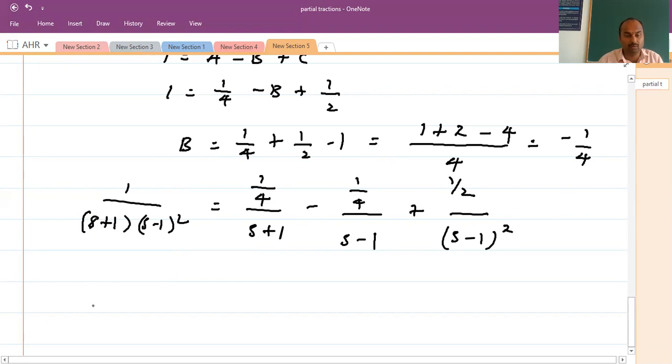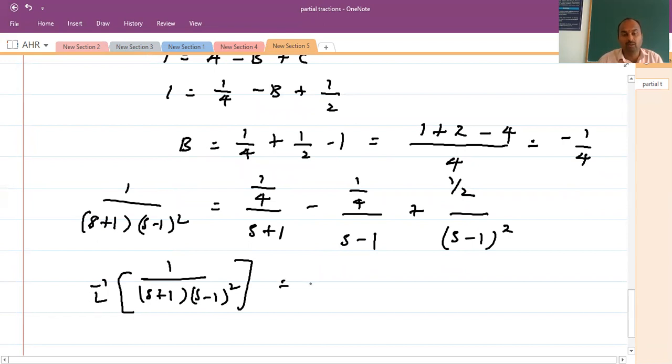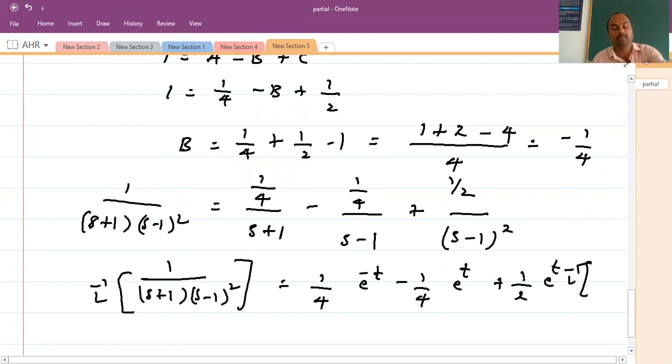So write the inverse of 1 by s plus 1 into s minus 1 whole square will be equal to 1 by 4, a constant. Its inverse will be e power minus t. Minus 1 by 4, its inverse will be e power t. Plus 1 by 2 into s minus 1, so I will write e power t. Still there is a whole square, so I should write